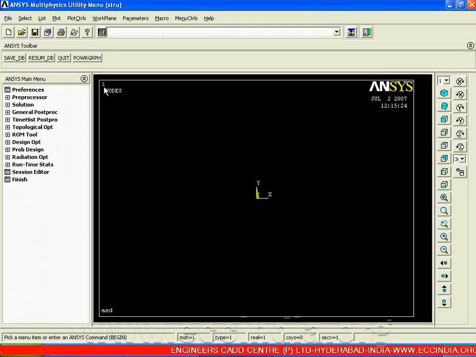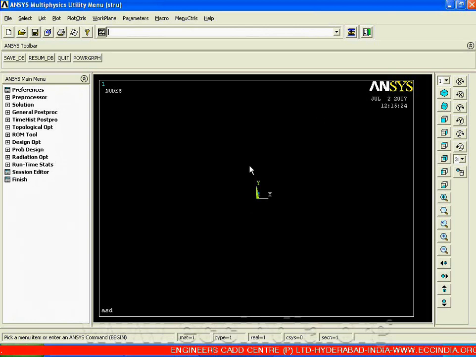So 1 stands for your window number 1. In ANSYS software, we can work in parallel on 5 different windows, but still we have a single window over here, so we have an indication as 1. Next is your ANSYS logo with respect to the date and a particular time.